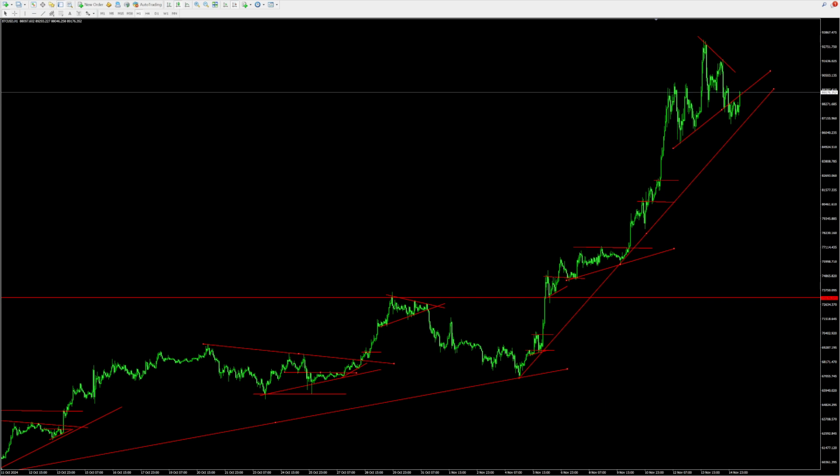Hopefully that's clarified this naked chart trading strategy, and given you some ideas you can implement within your own. As I said, you can use it on any trading platform, any time frame, and any trading